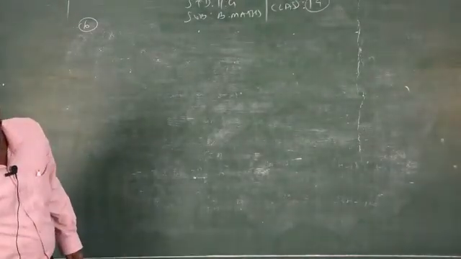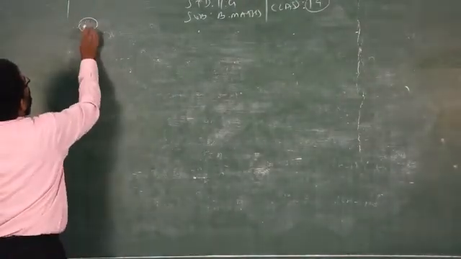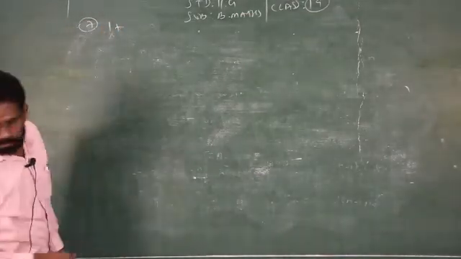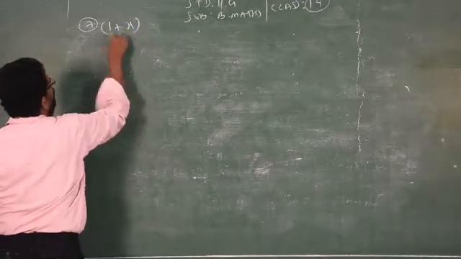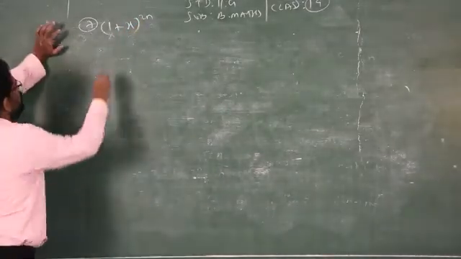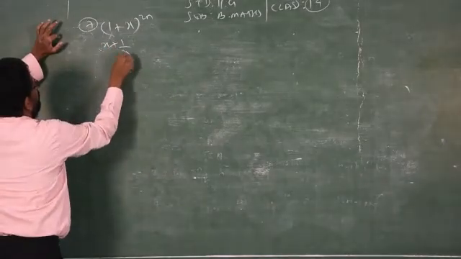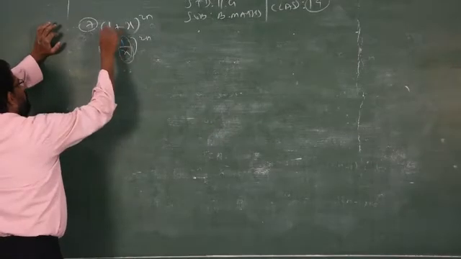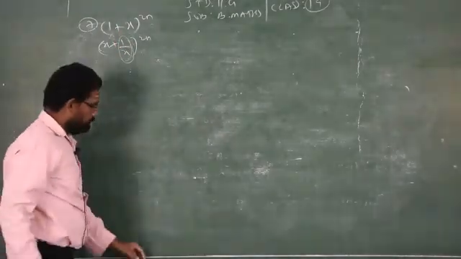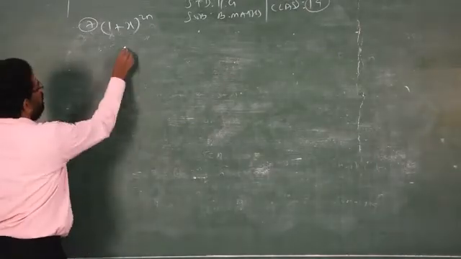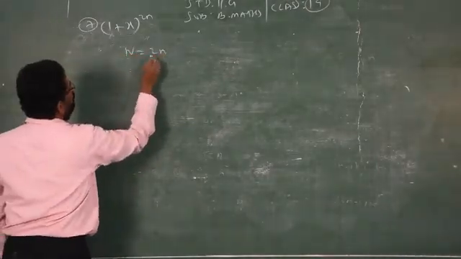So, sum number 7, 1 plus what is given? X power 2n. So, there is no difference when you compare the previous question. Here the previous question 1, see x is there, but only in the place of 1 by x, what is given here? 1. So, there is no difference. Just you have to proceed as usual. That is capital N is equal to 2n